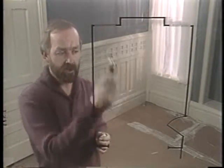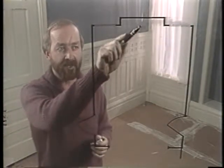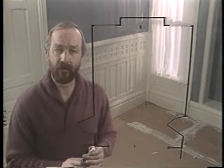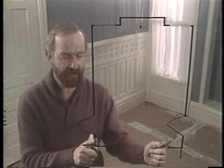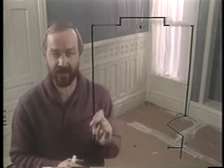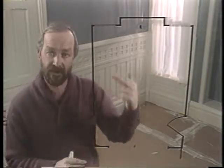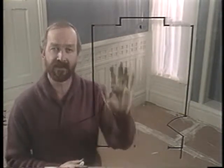Measure along the 2 short walls of your room and find the midpoints, up here and down here. And you'll find when you do that measurement, you'll discover that this dimension is not the same as this dimension. Don't be concerned about that. All rooms are like that. These walls won't be perfectly parallel. In fact, the reason for using this method that I'm showing you is to divide that error of these walls being out of parallel